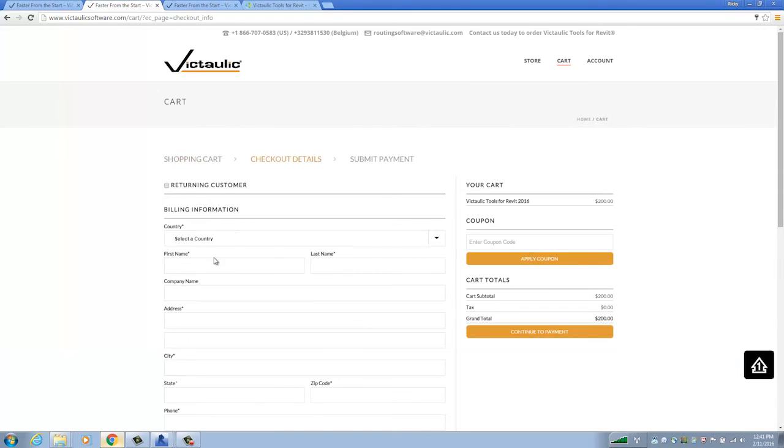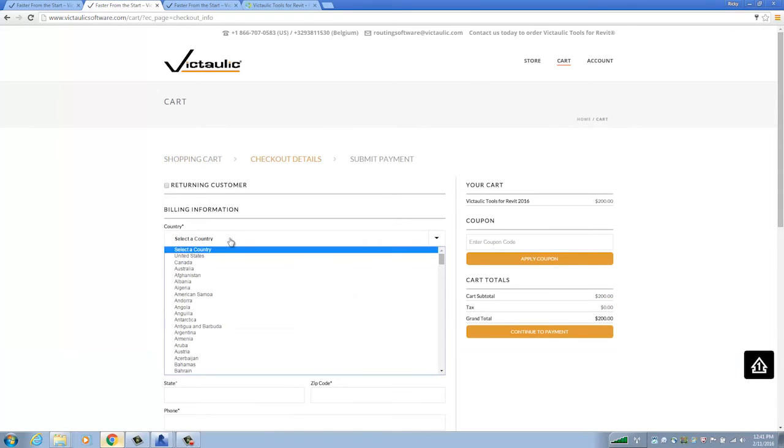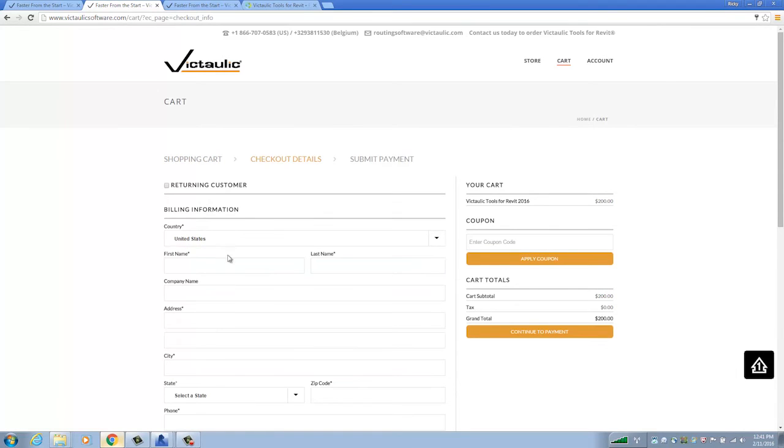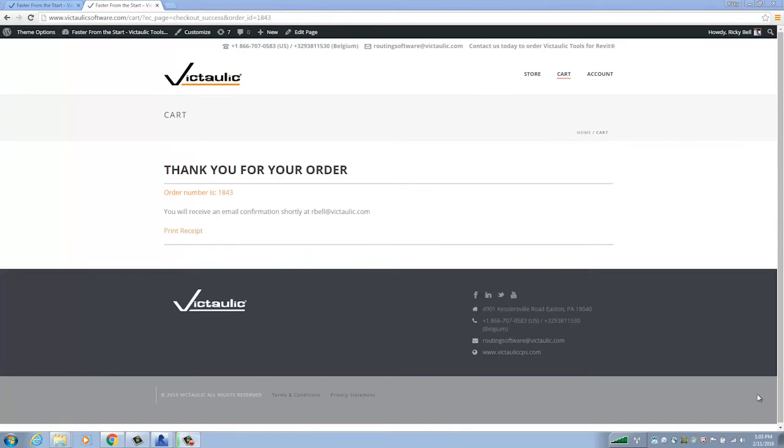And as I go through the checkout, it asks me to create a user account. Well, I skipped right to the end of the ordering process. Right here you can see a screen where you can print your receipt. The key takeaway is that the username and password that you use to set up your victaulicsoftware.com account is going to be the same one that you use when you go to register every instance of your Victaulic Tools for Revit software. So if I skip back over to Revit here,